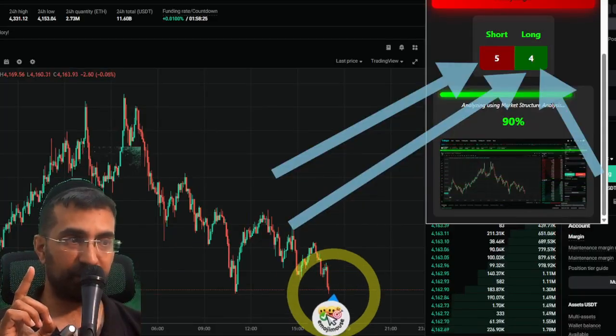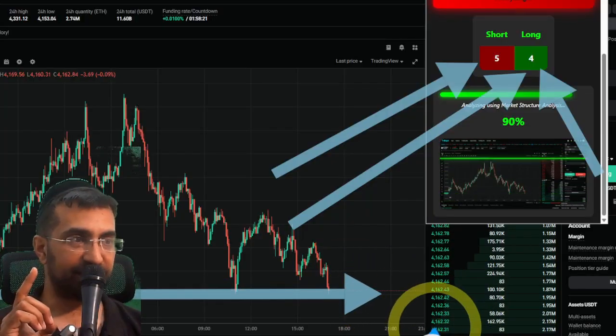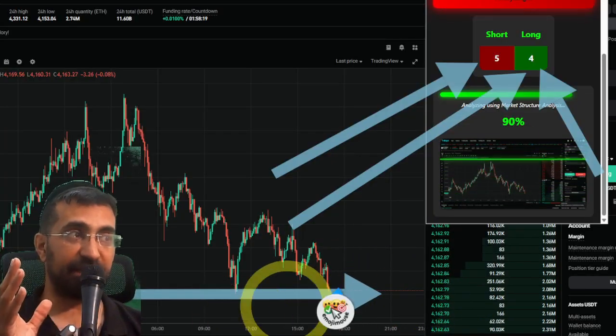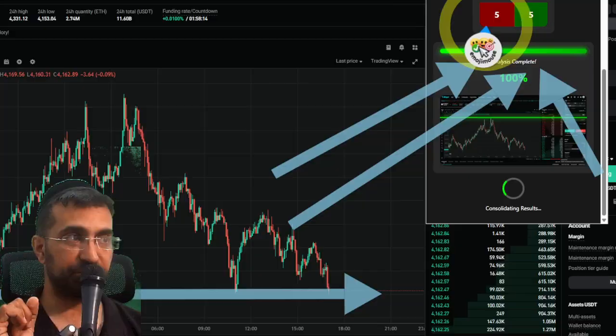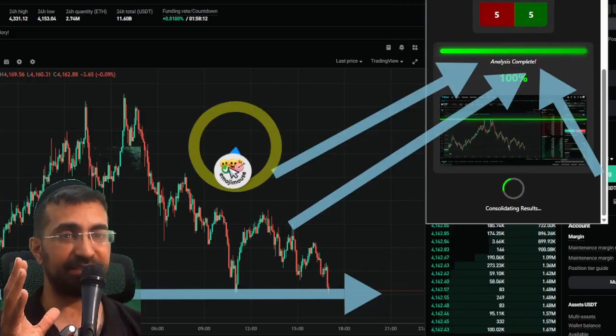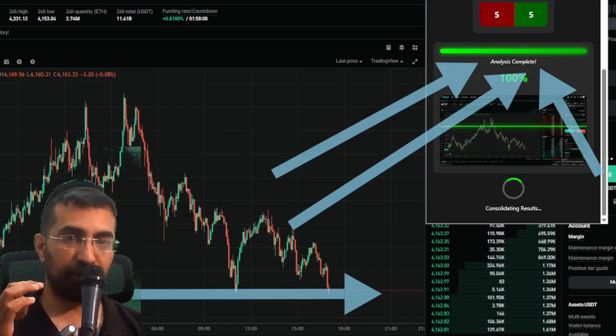So as you can see, the price is kind of hitting the support area over here and it's kind of bouncing off it, and that's probably why there's a big disagreement between the two strategies. You can see it's a 5 and 5, which basically again means don't jump into this trade. So that's the bottom line on this.